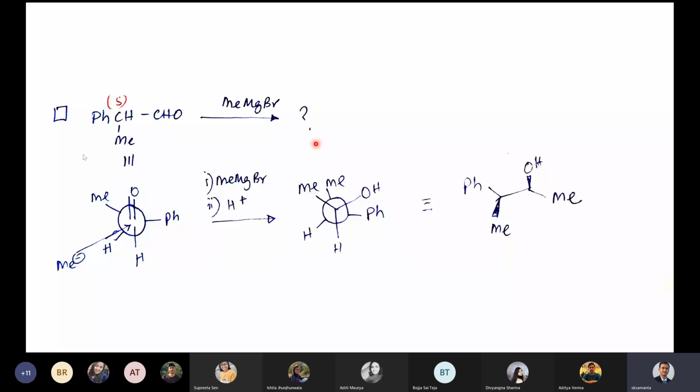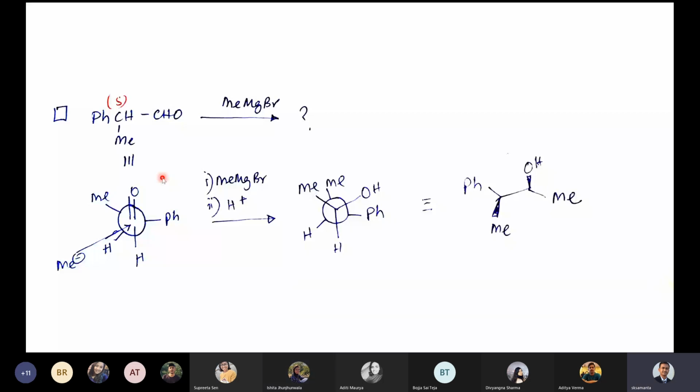First, you would convert this into either a Sawhorse kind of projection formula or directly into a Newman projection formula, keeping the stereochemistry fixed. Some students draw it in a wrong way, wrong way meaning the stereochemistry becomes changed. I said this is the stereochemistry. You check here. The front carbon is number 1 priority, this phenyl is second priority, this methyl is third priority. So A to B to C is anticlockwise. So this is an S stereochemistry for this carbon that is in the back center. Could you see this one?